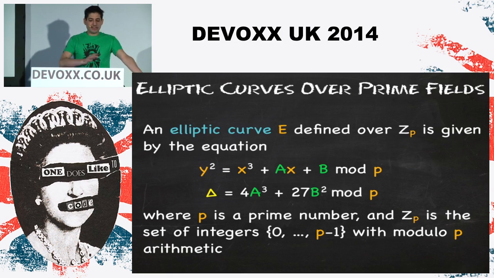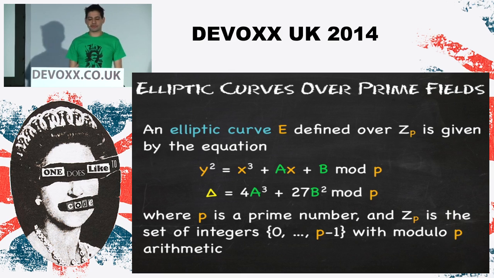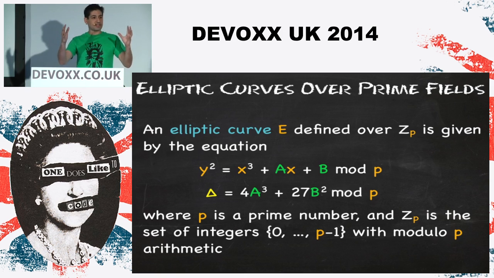So we've got this elliptic curve now. We know some stuff about groups and fields. Let's put it all together with some meaningful stuff, real numbers. So Z_p is the group of integers modulo p, and we define the elliptic curve over that. So basically, you've got this fixed set of numbers, and the curve sits within that boundary.